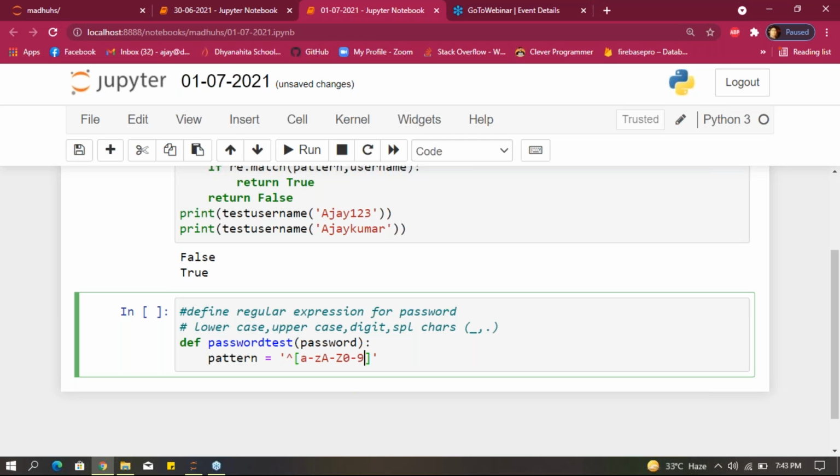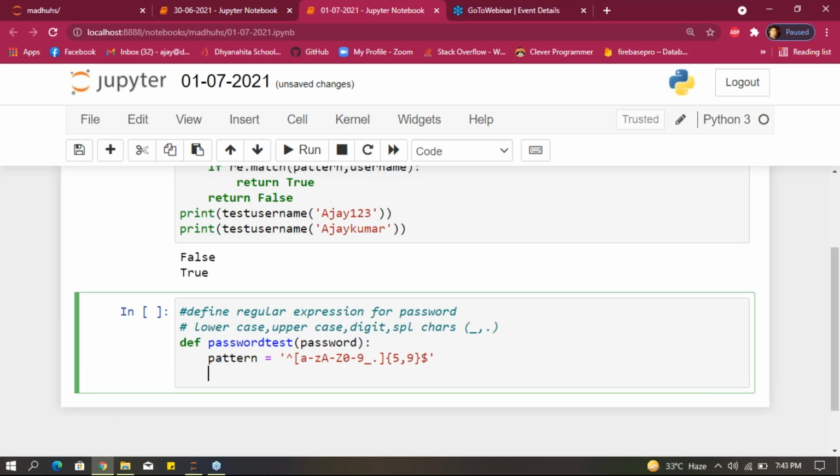And we want underscore and dot, right? Give underscore and dot here. And how many characters? For example, I'm giving minimum 5 to maximum 9, with the dollar symbol.